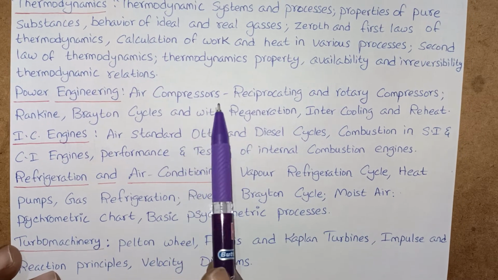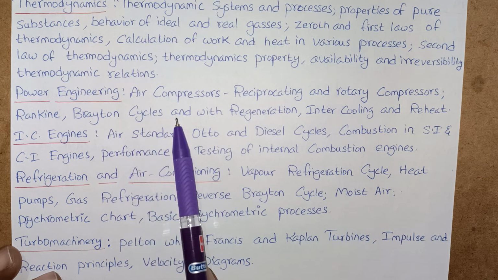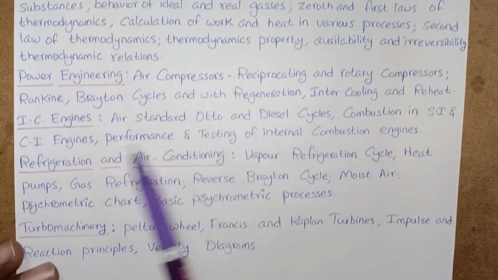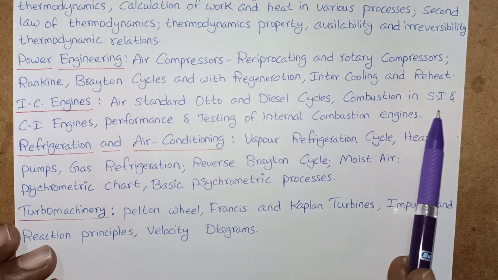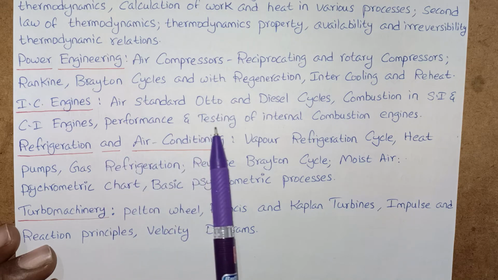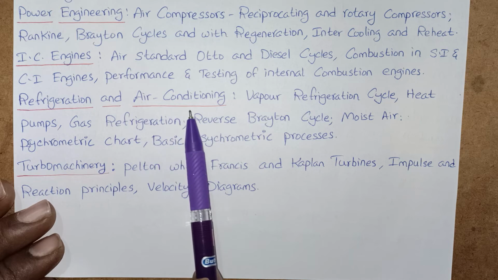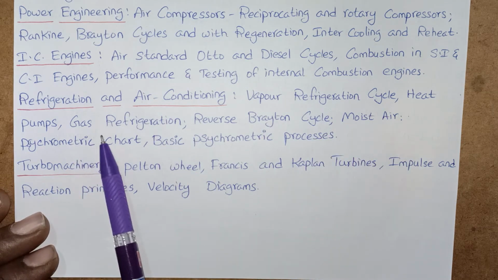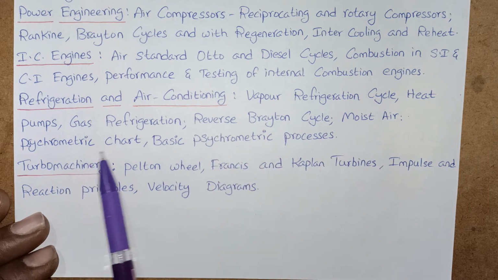You can see air compressors, reciprocating and rotary compressors, Rankine and Brayton cycles, and with regeneration, intercooling, and reheat. IC engines, air standard Otto and diesel cycles, combustion in SI and CI engines, performance and testing of internal combustion engines. Okay, refrigeration and air conditioning: vapor refrigeration cycle, heat pumps, gas refrigeration, reverse Brayton cycle, moist air, psychrometric chart,